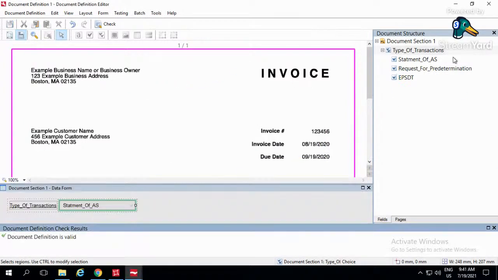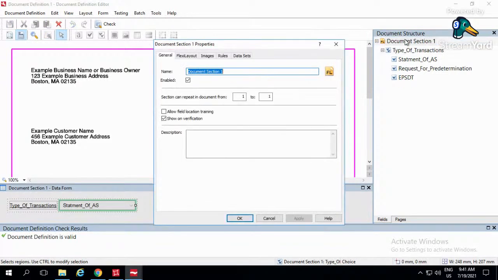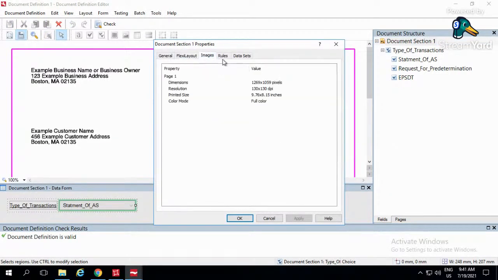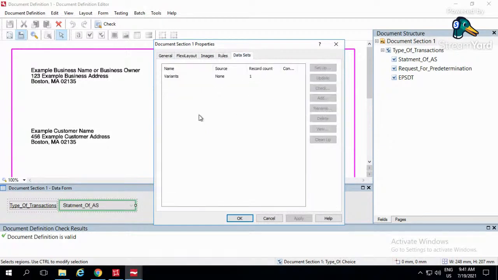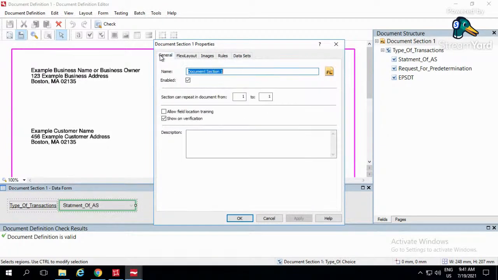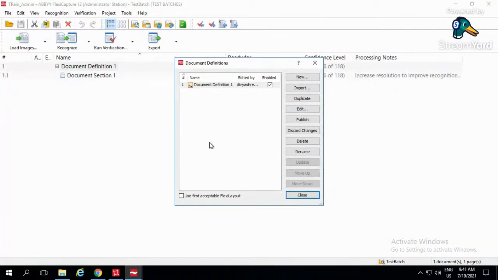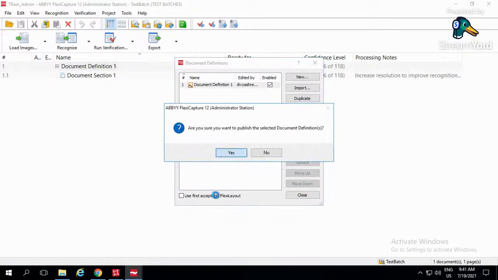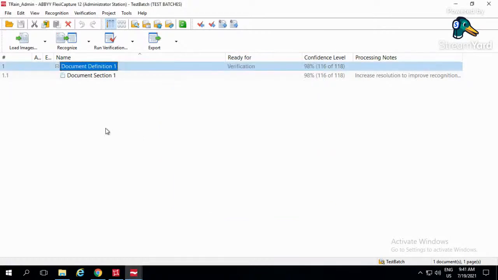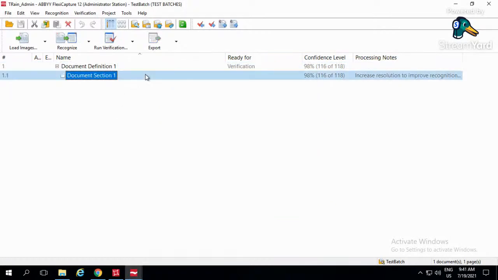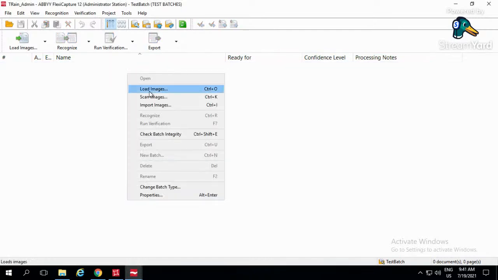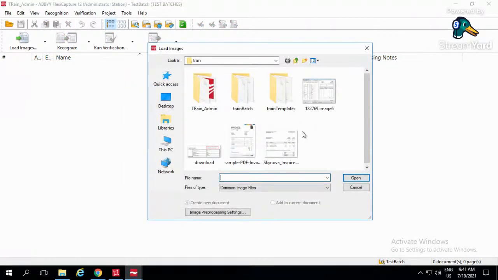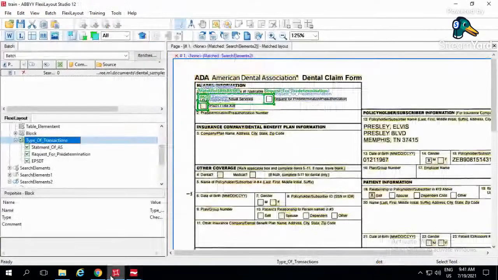Save. Document definition, properties, layouts. Okay. Dataset, I do not have any of these things. Correct. Okay. Close, publish. But yeah, I'll show you the differences once we make the property, before changing the properties and after changing the properties, right? So